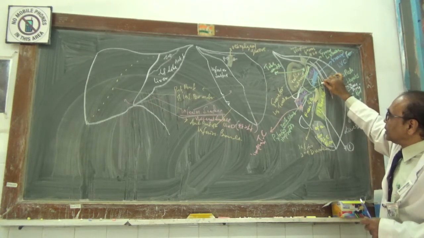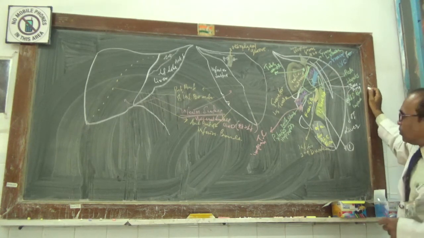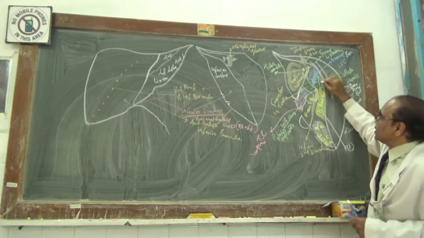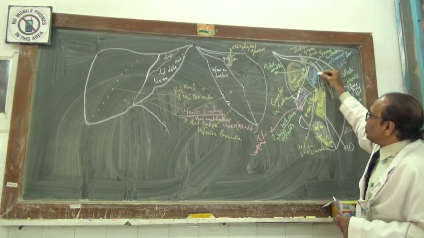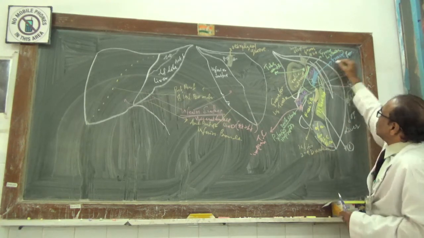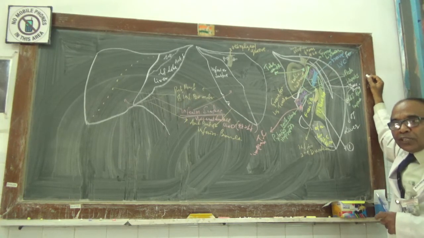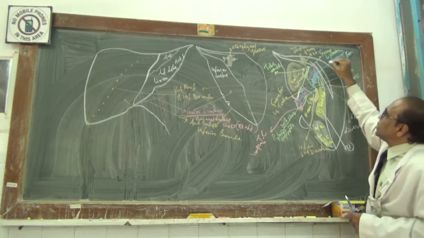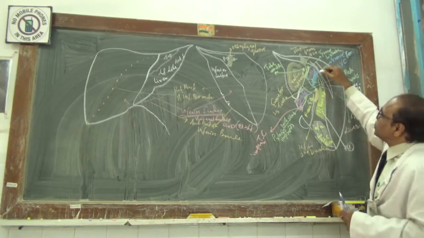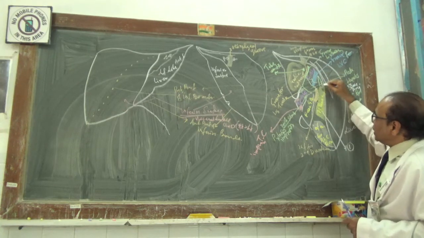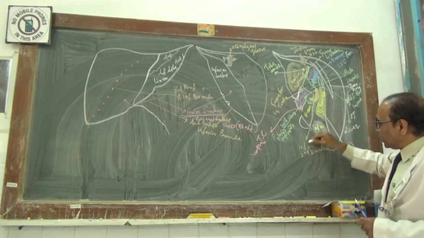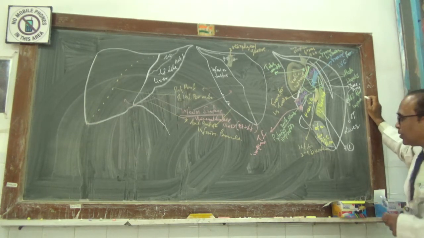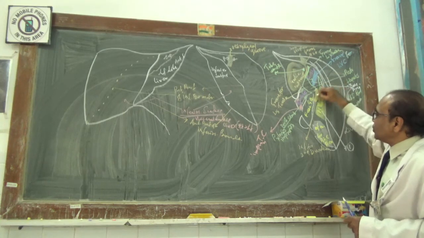Now this right suprarenal impression is present below and a little medially to the right renal impression, and above and medially there will be one longitudinal groove. That groove is meant for the anterior surface of the inferior vena cava, abdominal part. It is almost all a longitudinal groove. And below and medial to this, there will be an impression made by the second part of the duodenum, as well as the ending of the first part of the duodenum. So this is the thing.